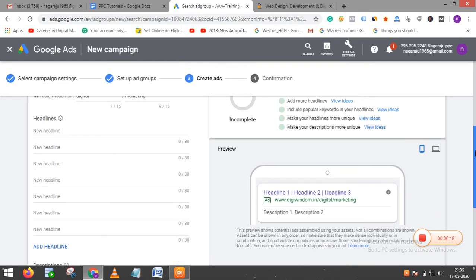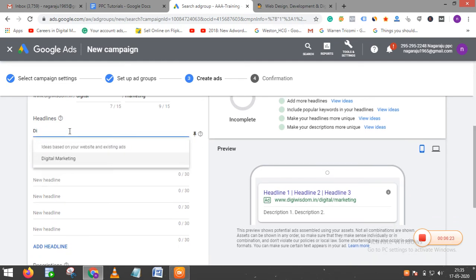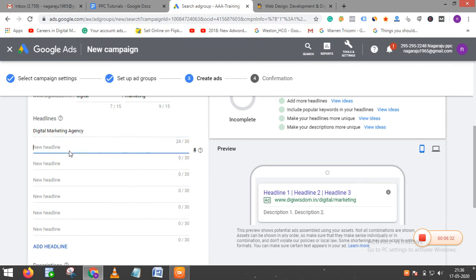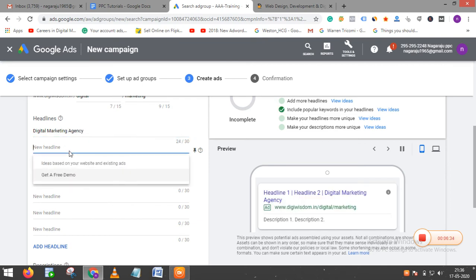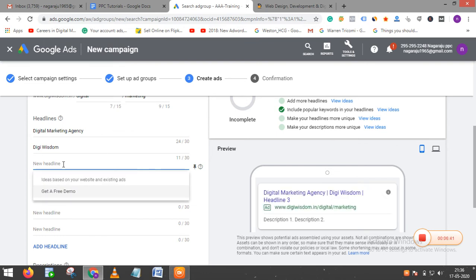Now we will write something. For example, my first headline would be digital marketing agency. My second headline would be my company name, DigiVisdom, and my third headline would be digital marketing company.